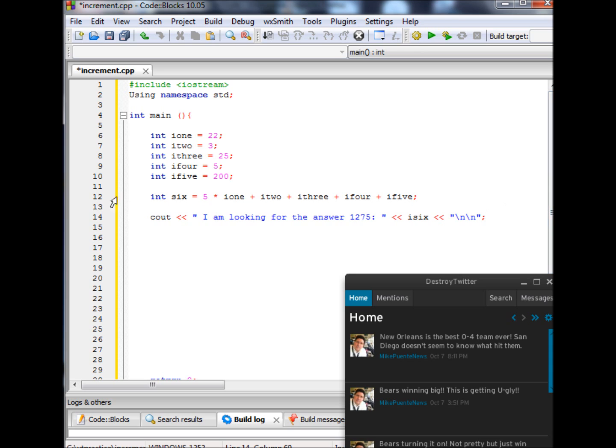Of course, as I explained before, if you highlight your variable and nothing's coming up, you know something's wrong. And so you will put that i there. And now if you highlight your variable, there we go. Now i1, i2, i3, i4, i5. So my theory is 5 times 22 plus 3 plus 25 plus 5 plus 200. And I could leave it like that, but when I run it,